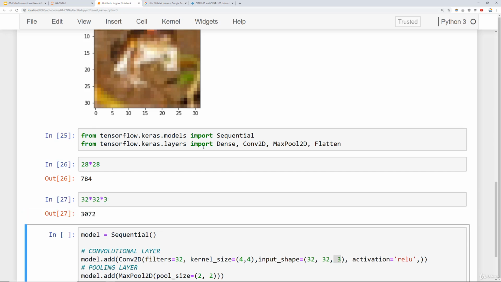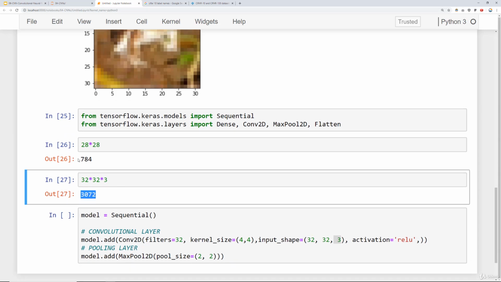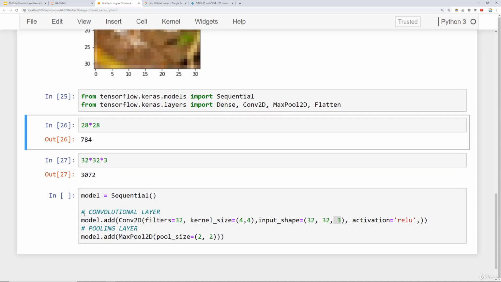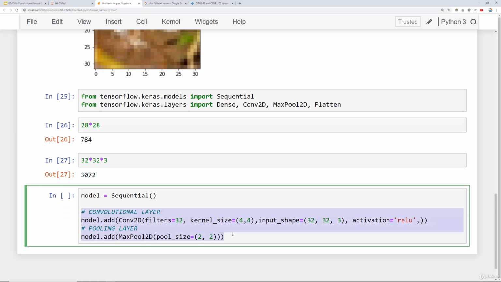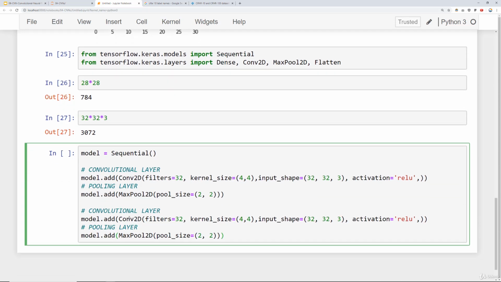As you can see, there's a lot more information within this color image than there was in the previous MNIST dataset. Because of that, it's probably a good idea that as our images get larger and more complex due to the color, we add in more convolutional and pooling layers. So we'll go ahead and copy and paste this and add in another convolutional layer as well as another pooling